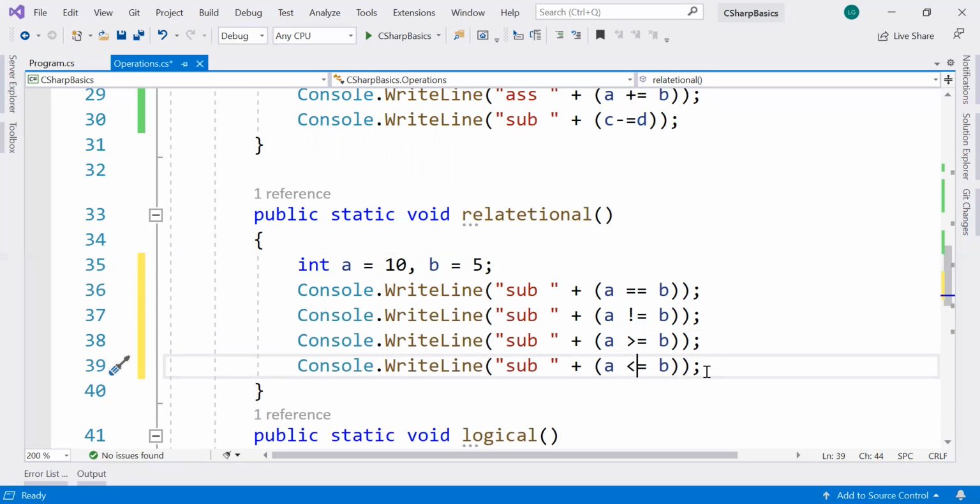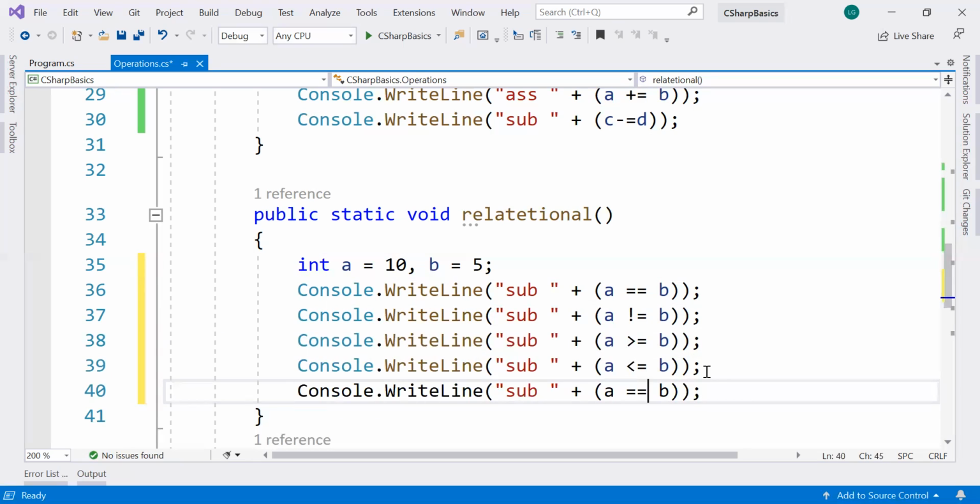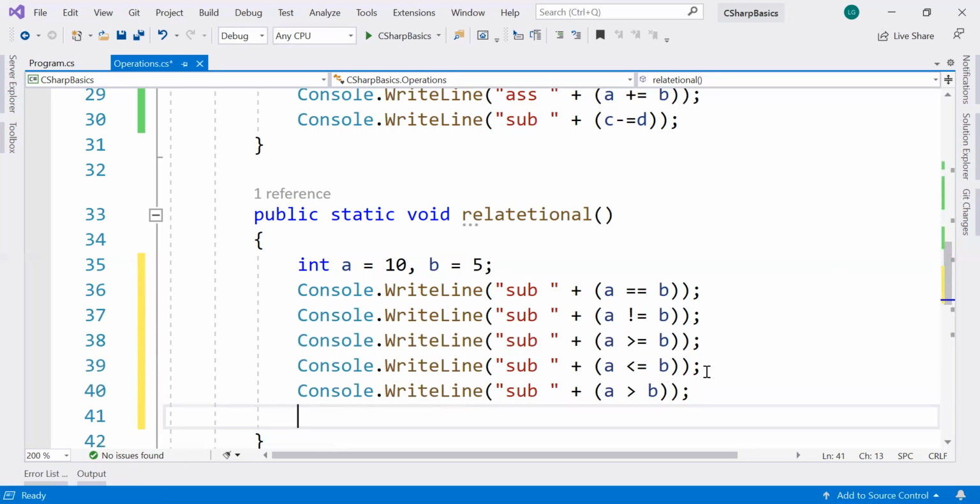We can see only greater than or less than. We can see the less than. See now here false, true, true, false, and for true and false it will give.